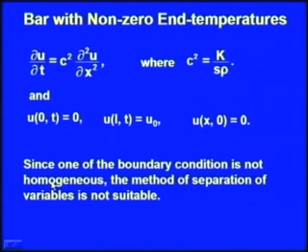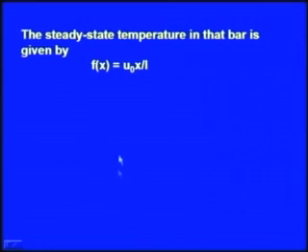So, one end of the bar is kept at 0 temperature, the end of the other bar is raised to the temperature u₀ and is maintained there. Initially the bar was at 0 temperature. Now, one of the boundary conditions here, that is the condition that the end x equal to L is kept at temperature u₀ and maintained throughout, is not homogeneous here. So, the method of separation of variables is not suitable here, and therefore, what we will